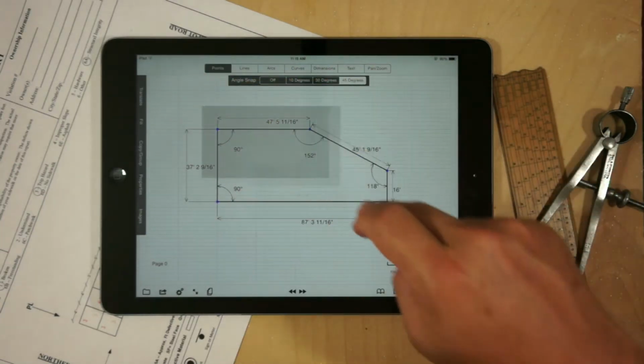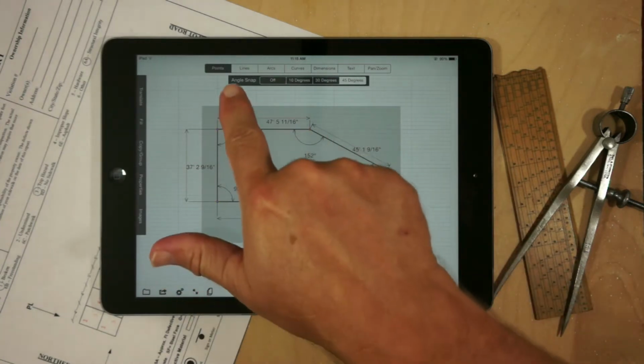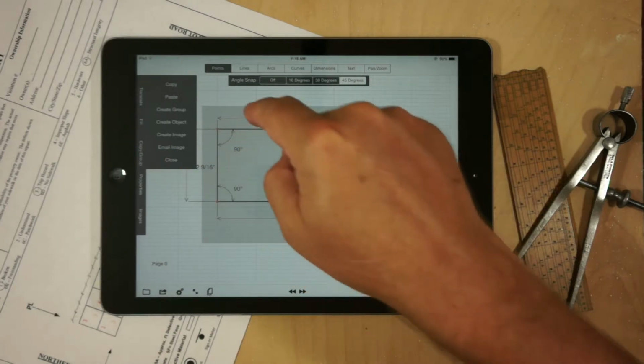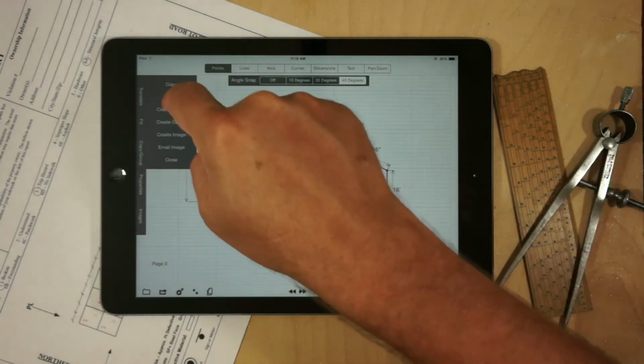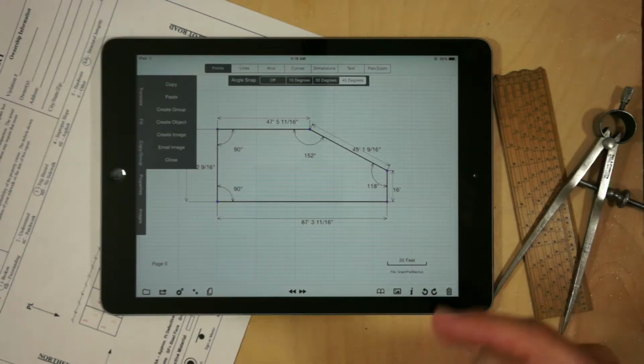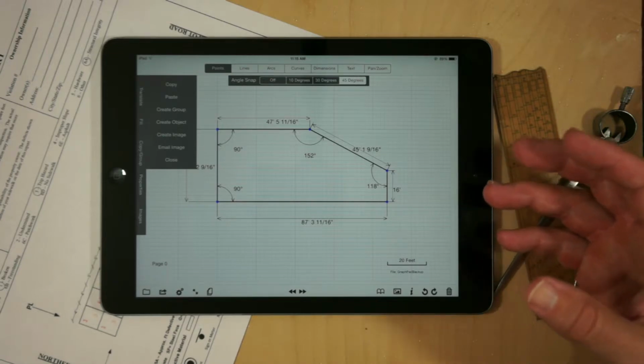We can copy a section of our geometry by, in Points mode, creating a selection area, going to Copy Group, copying that area, hitting Paste, and touching the screen. We'll paste that object in. We can undo any step just by hitting the Undo button, and we'll take it to the last point where